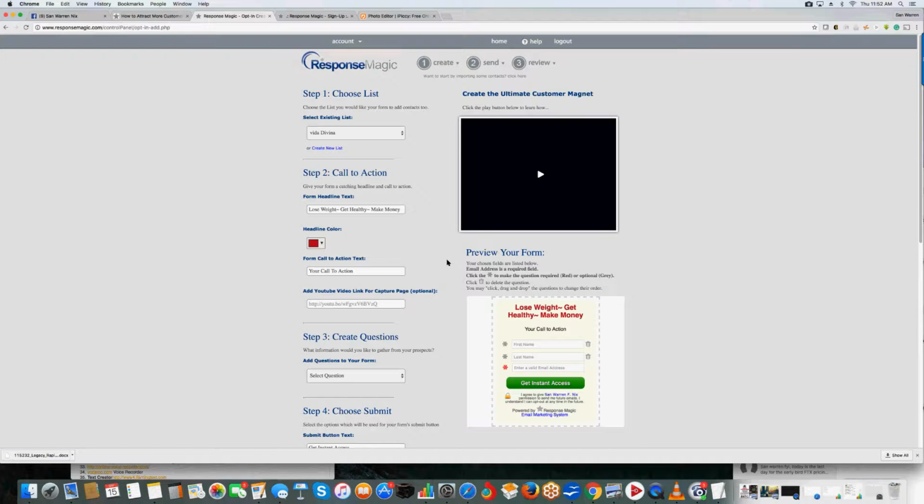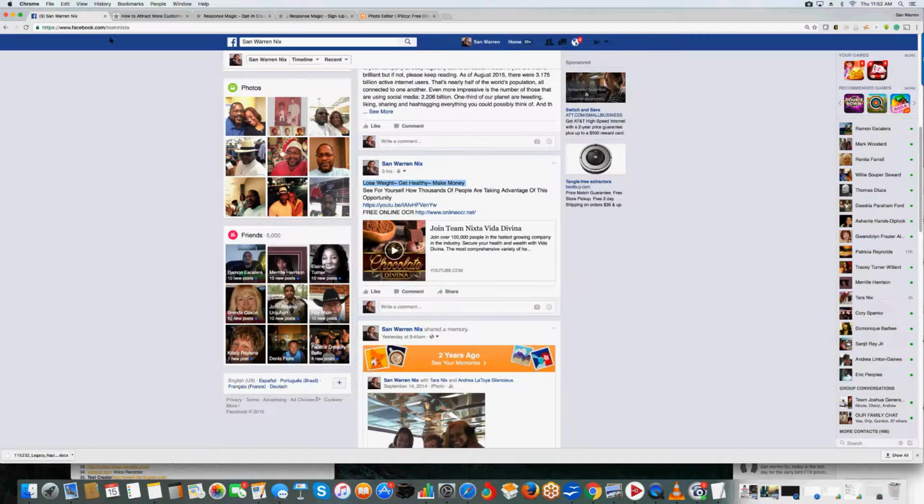Once you click it, when you put it in there, it's not going to populate the first time, but when you click it, it actually populates. And then I want to put my call to action. I'm going to leave it red right there. Red seems to be the hot attraction color. Call to action. I did write a call to action up here. Now, you make your own call to action.